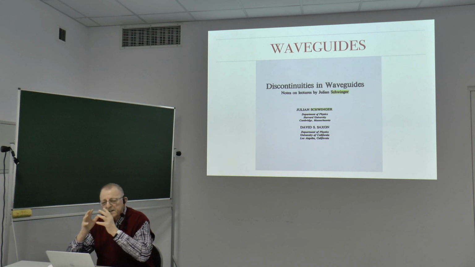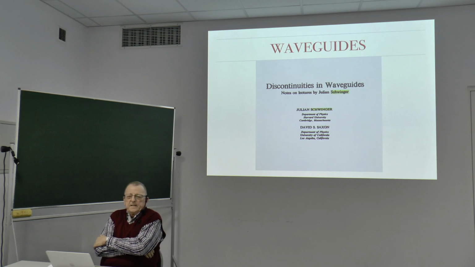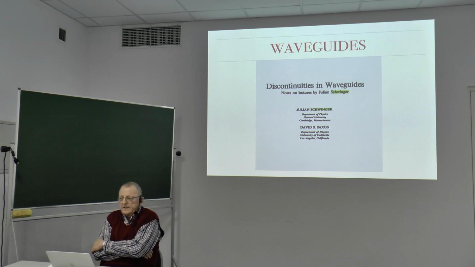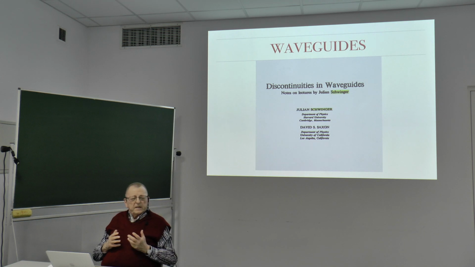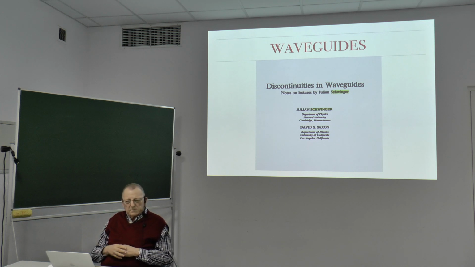One interesting thing about that was that Schwinger didn't know anything about the waveguides. And he came there and had to work with lots of very skillful engineers who were building those devices,